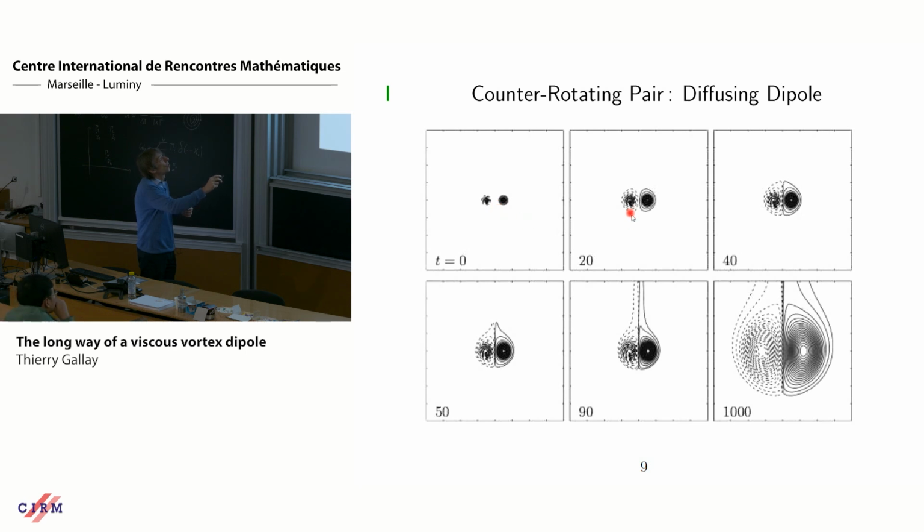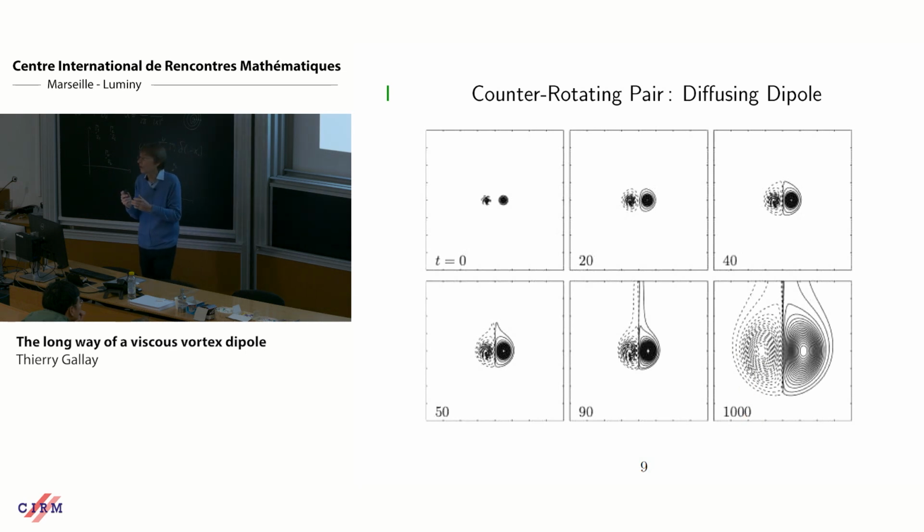Then it starts growing because of diffusion, okay? They start interacting, so this becomes non-radially symmetric, this is still close to radially symmetric, but this is not. And the longer you wait, the stronger is the deformation. You even create a tail, which becomes very, very long. And if you look at a very long time, t is equal to 1000 here, you see that you form a